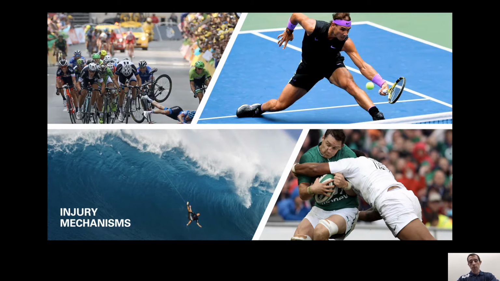So are our injuries insidious in nature, such as athletic groin strain in tennis athletes, tennis elbow, Tommy John surgery in baseball? Is there an insidious onset that results in eventually a catastrophic ligament tear that we need to be aware of? And how might we be able to manipulate our program to help deal with some of these insidious onset injuries? Or are they more acute injuries, such as a crash